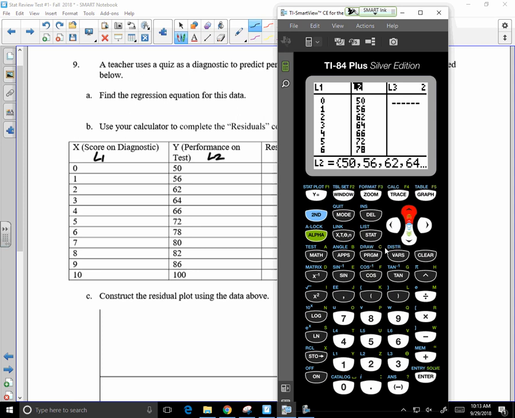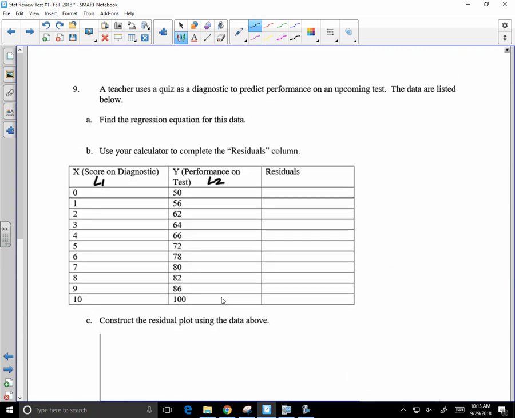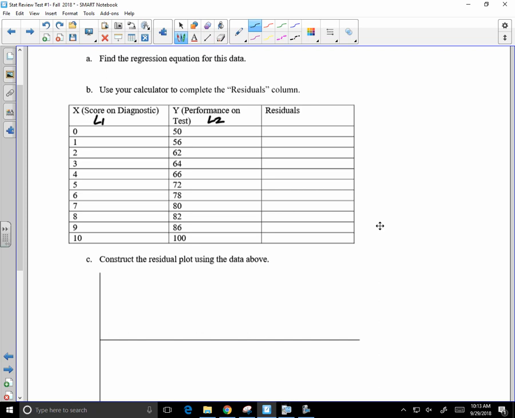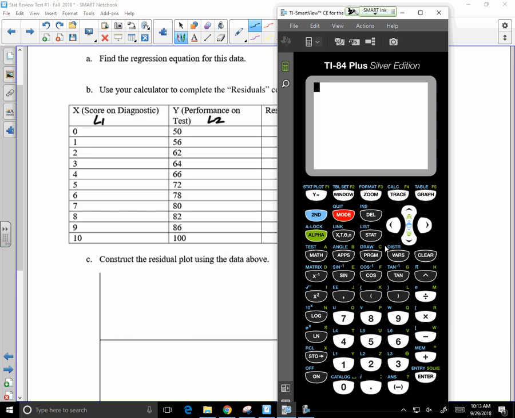All right, so part A says find the regression equation for this data. I'm asking you to do that, but you'll notice in all the follow-up questions, in no way do we actually make use of that information. And it seems like a throwaway step. However, it's the most important step. So stat, calc,